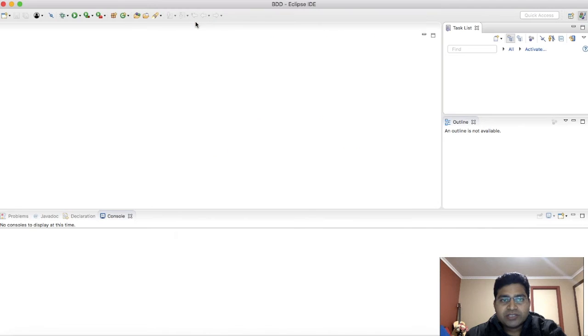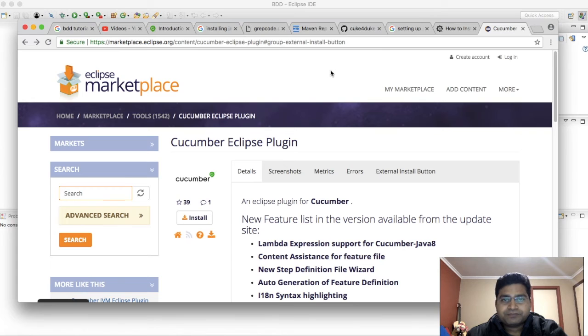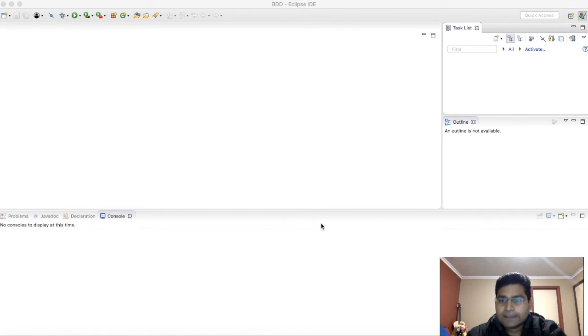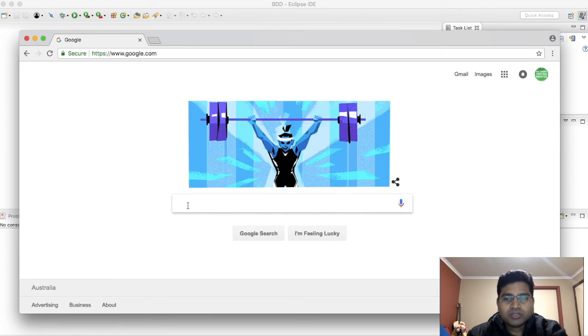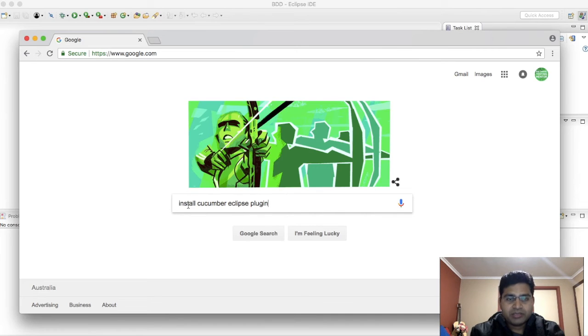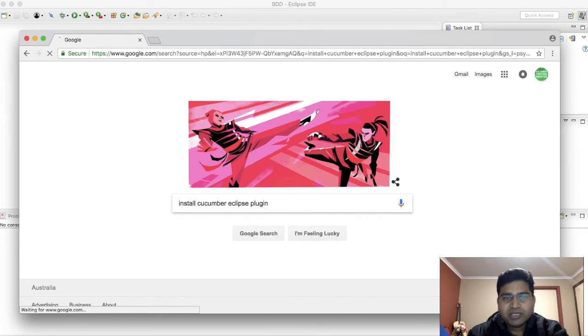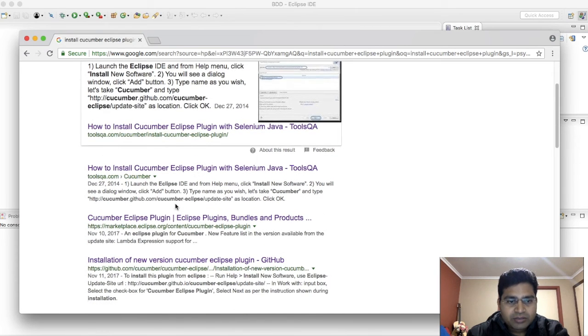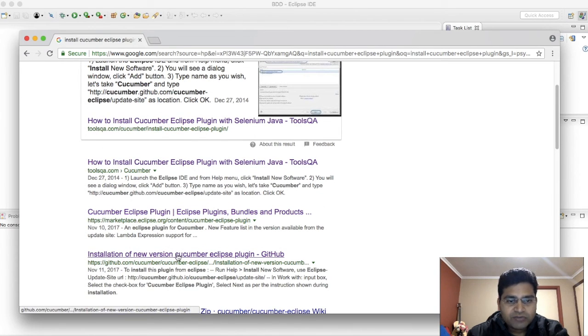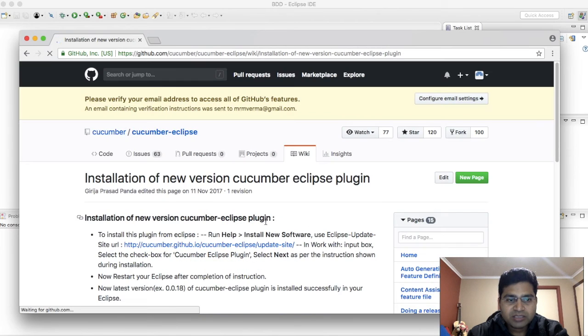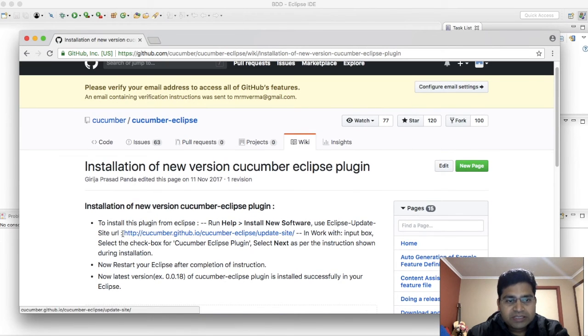The other way is to find the update site link. So just open google.com and type in install Cucumber Eclipse plugin and hit enter, and scroll down and you'll find installation of new version of Cucumber Eclipse plugin. Open that, the GitHub location. You will see this site URL, cucumber.github.io, Cucumber Eclipse, and update site. Just copy this URL